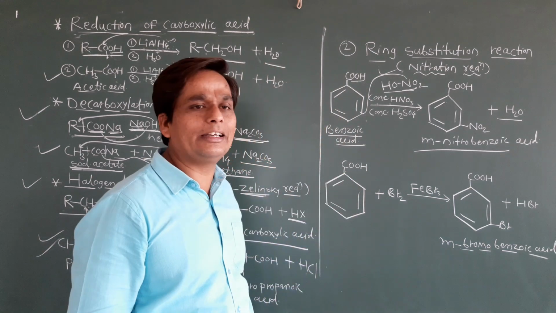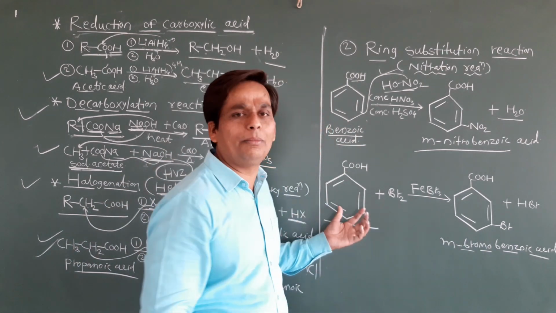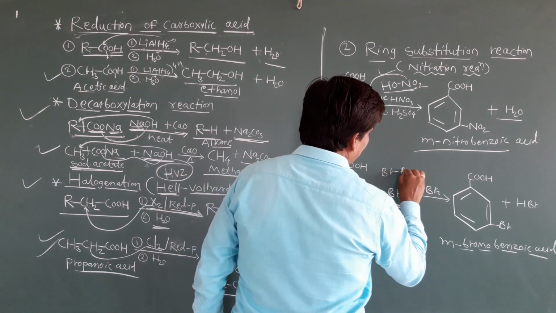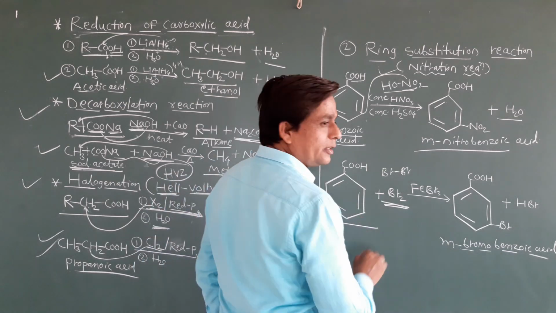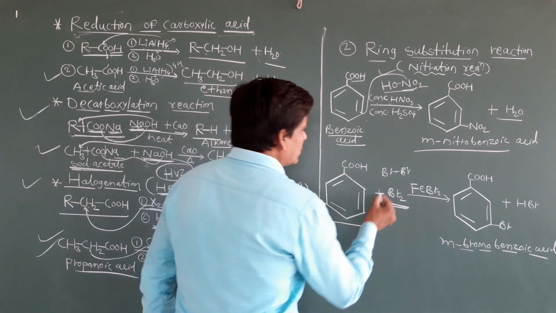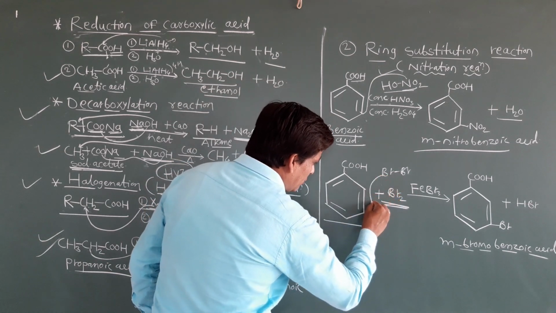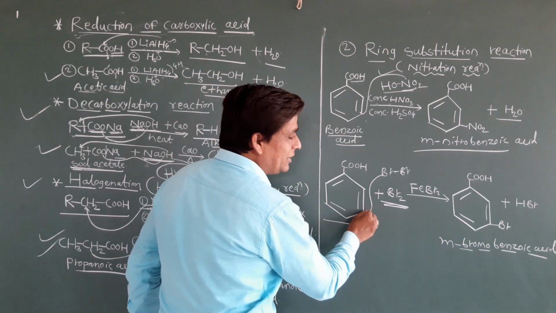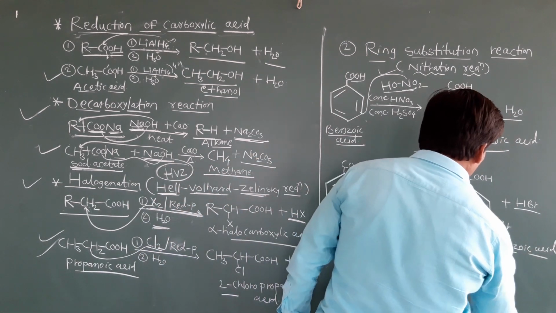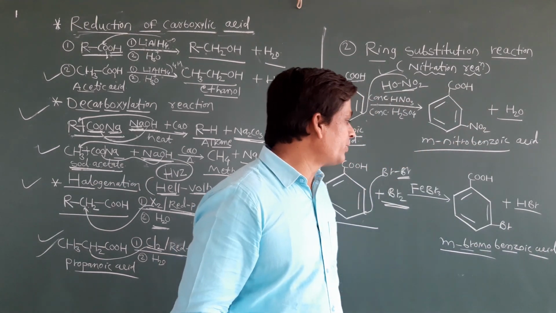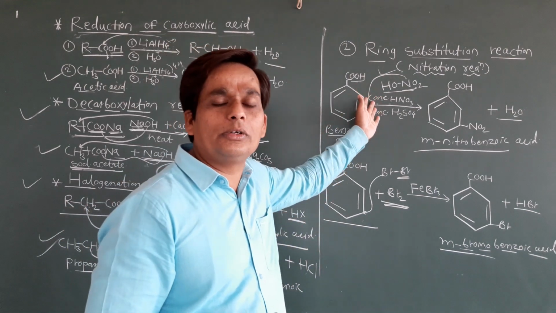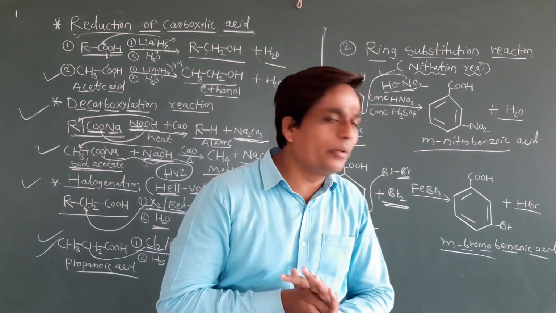See another reaction, that is bromination. Here I have taken the same example, benzoic acid. It undergoes bromination, means Br2. Okay, Br2 is there. So what happens now? When this reaction takes place in the presence of FeBr3, ferric tribromide, this also takes place at the meta position. One bromine is attached here. When this bromine is attached, hydrogen is obviously removed. That removed hydrogen and this Br, HBr, will be removed, and simply we will get meta-bromobenzoic acid. Now dear students, these are the ring substitution reactions. The first one is nitration and this is the bromination reaction.